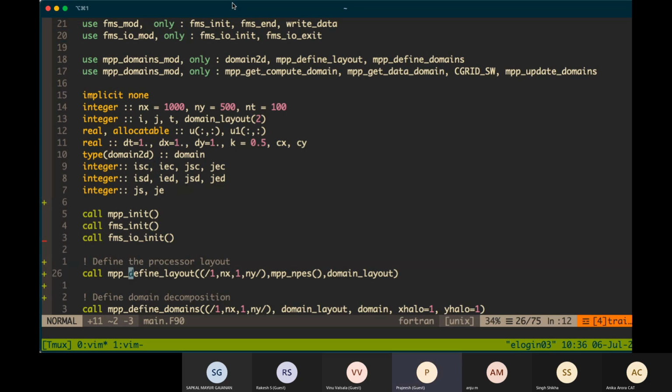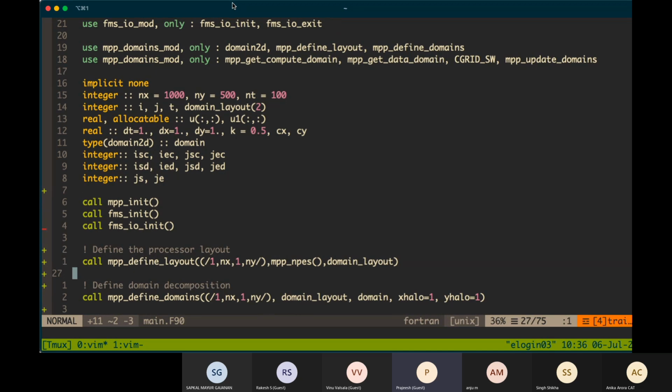After that, we define the processor layout, depending upon how many processors we are using. The number of processors you get from MPP npes. This is the processor layout, not domain decomposition: how the processors should be arranged, whether it should be 2D.